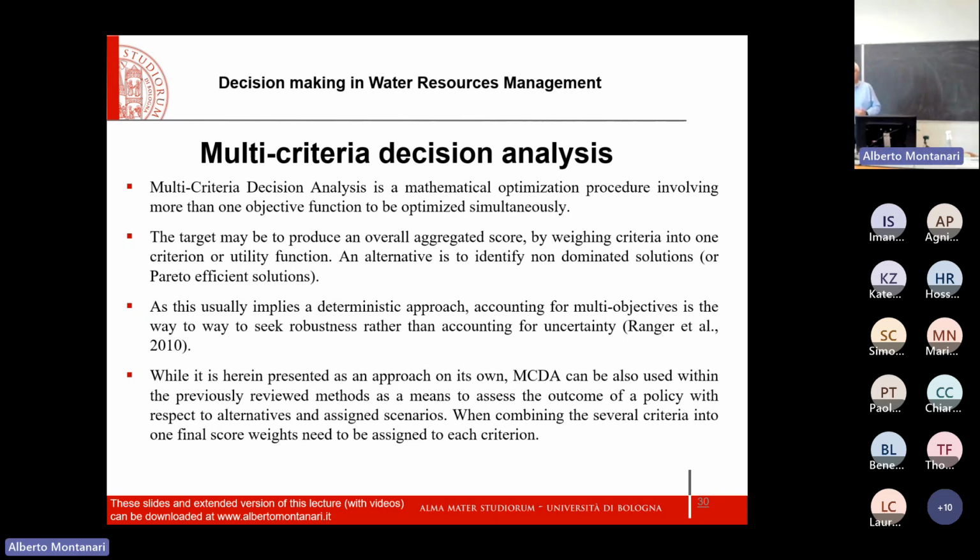We have several criteria, and the problem becomes more complicated, both in terms of seeking a compromise between people in the discussion, and also from a mathematical point of view, because how can we compare two different criteria? What is called multi-criteria decision analysis is